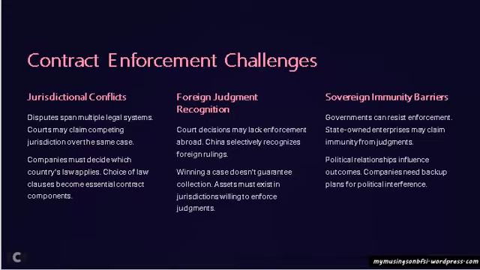Then take the example of Chevron. Chevron faced a 9 billion Ecuador court judgment for environmental damage, which it contested as fraudulent. And this triggered lawsuits in Canada, Brazil, and then it had to go for arbitration. The lesson is that sovereign bias in a local court is something that one needs to be aware of.